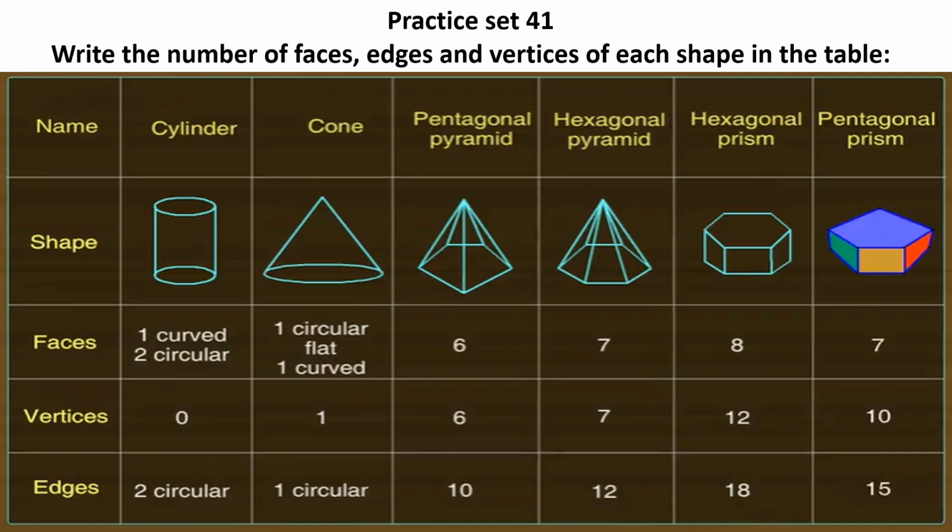When I speak about the pentagonal pyramid, here you have 6 faces. I guess you all can see that: 1, 2, 3, 4, 5, 6. So 3 on top, 2 on bottom, and this one. Okay, the pentagon over here in the bottom is the base, right? Together we have 6 faces and 6 vertices. Since we have 6 faces, it's sure we have 5 vertices at the bottom and 1 at the apex, that is 6. Edges, we have to count the number of sides, and that is 10.